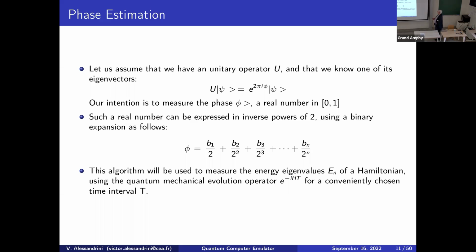Now the idea of the algorithm is very simple. Any real number phi, because phi is between 0 and 1, can be written as a series of powers of 2 with binary values v1, v2, v3, vn, and the algorithm will determine that. Now, very quickly, what happens here is that